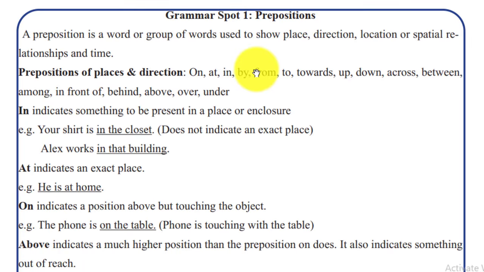it is a part of some summary ነው። እንግዲህ እዚህ ጋር ስለ preposition ኖቲስ ሰጥቷቸዋል። grammar spot 1 prepositions. a preposition a word እንግዲህ preposition ማለት ቃል ወይም group of words የቃላት ስብስብ ሊሆን ይችላል። ምን ለማድረግ የሚመጣ ነው? used to show ለማሳየት place ቦታን ለማሳየት የሚመጣ። ለምሳሌ where is my mobile, bill on the table ብትሉ on የሚለው ቦታን ያሳያል። direction አቅጣጫን፣ I am going to school, bill አቅጣጫዬ ወደ ትምህርት ቤት መሆኑን to ያሳያል። location አለ ቦታ መገኛ ቦታ, where are you, bill at home፣ bill መገኛ ቦታዬ ቤት ላይ እንደሆነ ያሳያል። or spatial relationships and time ወይም ደግሞ